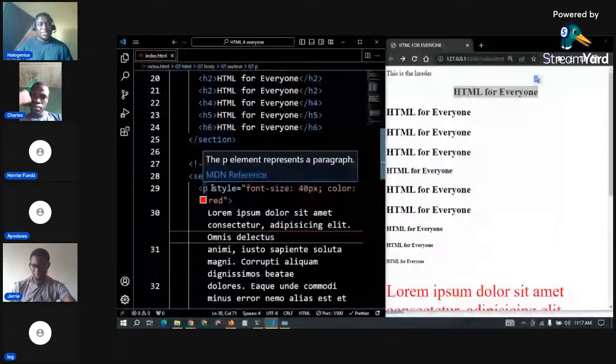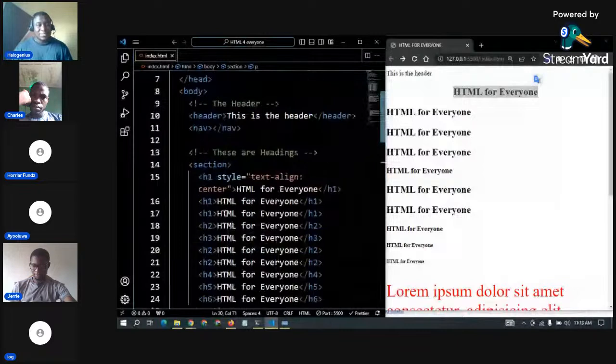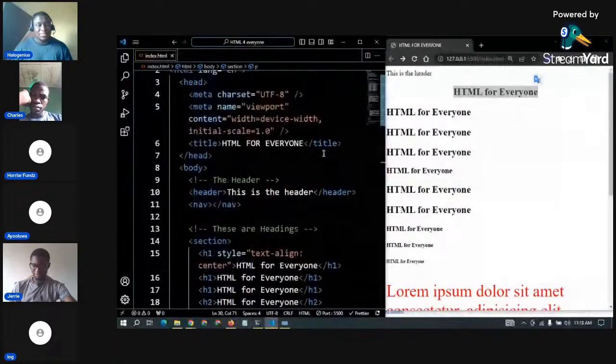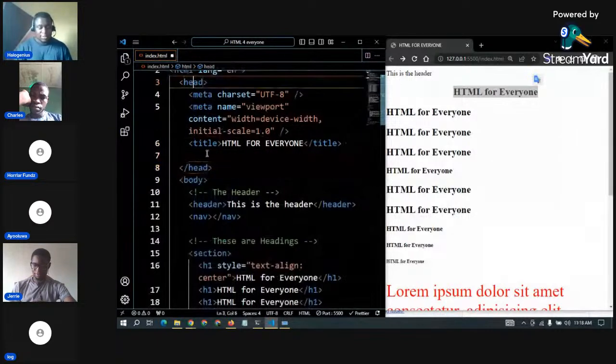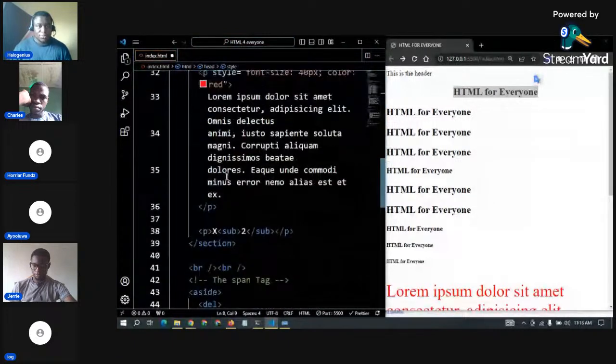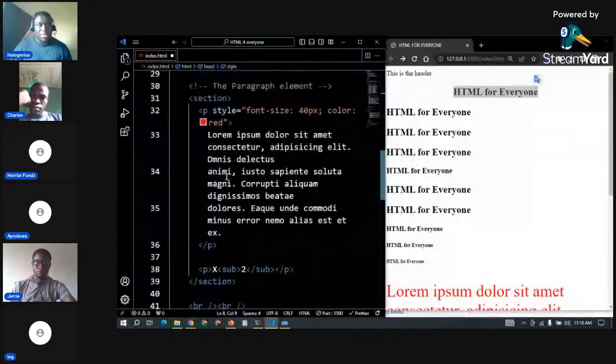Now, if you want to do internal styling, you come here in the head section. Don't forget, between the head section, come here and say style. Now, when we start learning about CSS, you will learn about selectors. We have the universal selector, the element selector, the attribute selector, the combinator, and all those things. But for me to select this particular paragraph over here,